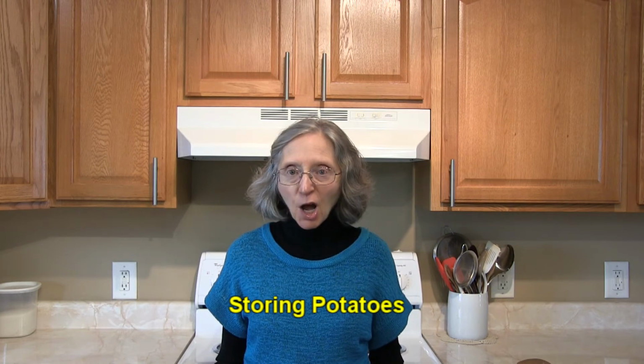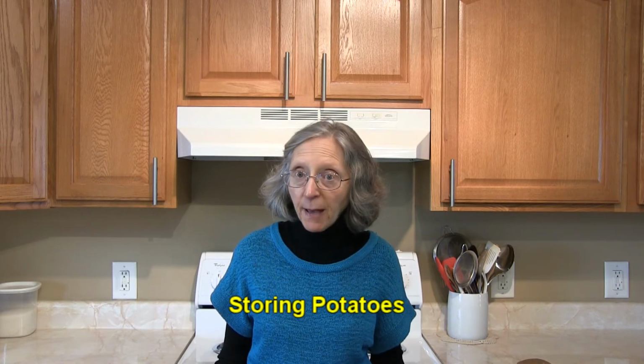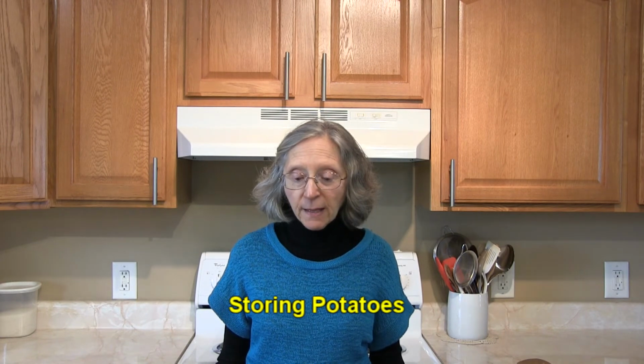When you get your potatoes home, to keep them the longest time possible, you want to take them out of any plastic bags that you bought them in, and put them in a dry, dark, cool place, one that will get some ventilation as well, preferably. The ideal temperature for storing potatoes is somewhere between 45 and 50 degrees Fahrenheit. Most of our homes are warmer than that. Many of our basements are warmer than that. So if all you can do is store them at your regular home temperature, that's fine. However, they will not keep as long